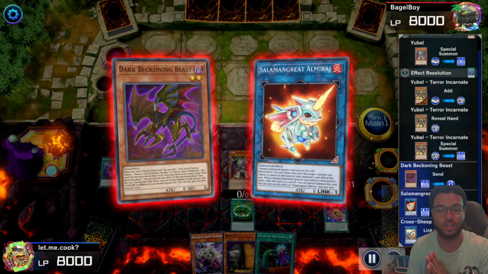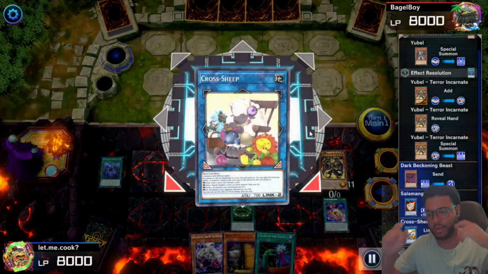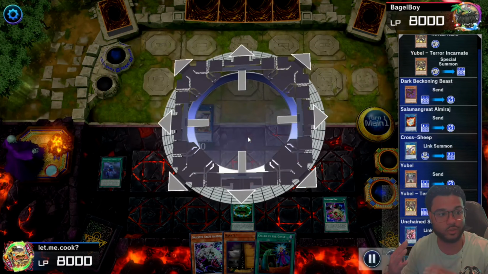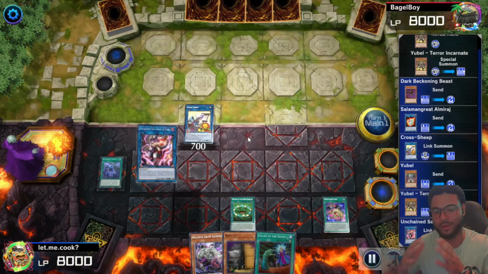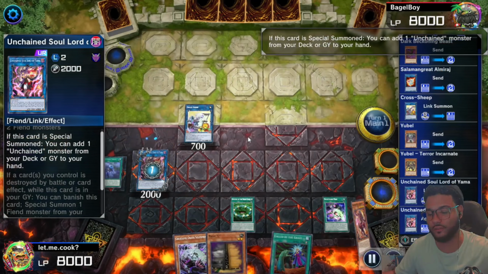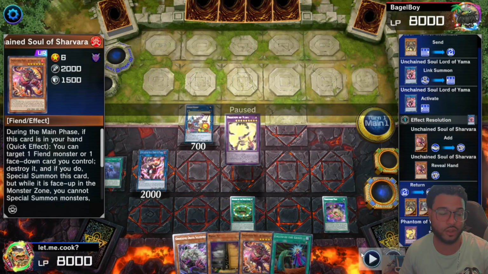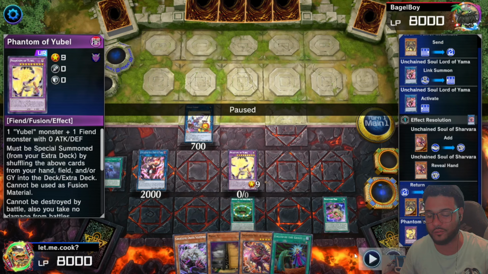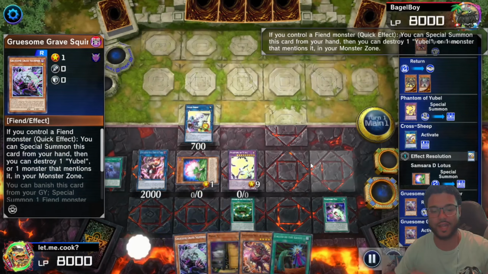And then we're gonna use the Al Mirage and the Dark Beckoning Beast to link off into the Cross Sheep, bring it out here. Then we're gonna use both of these monsters right here, which are both Fiend, to go into the Soul Lord of Yamame, you know what I'm saying, activate her effect, getting myself the Unchained Sharvara to the hand, and then we're gonna send both the OG YUBEL and the Incarnate back to the deck so we could special summon our Phantom of YUBEL, which is gonna trigger the Sheep, special summon the Lotus, activate the Squirmer,